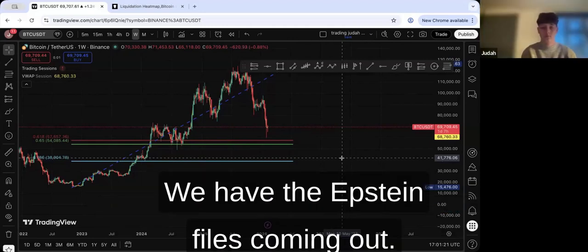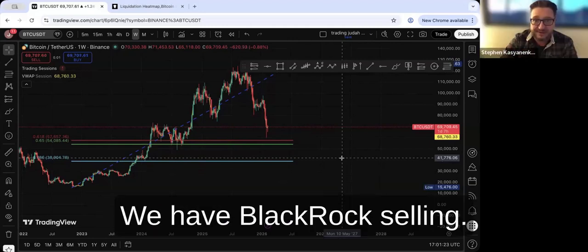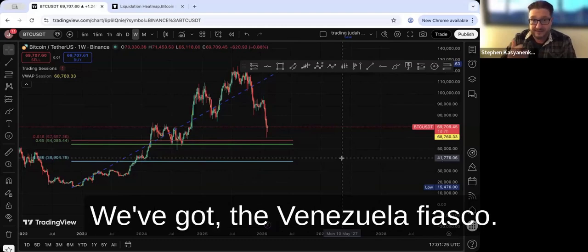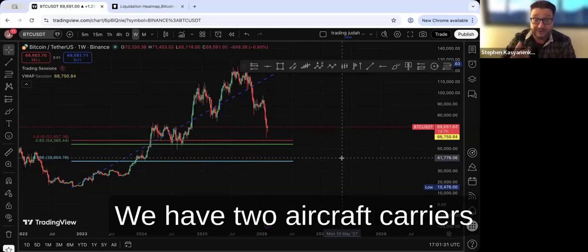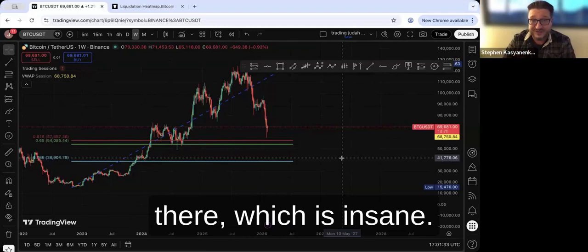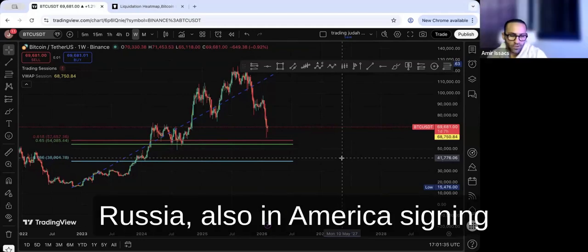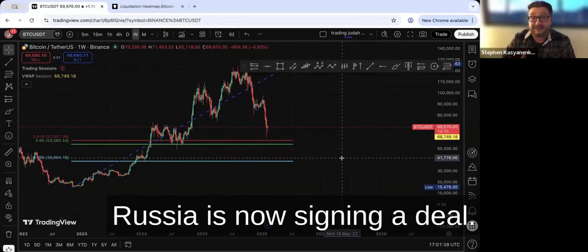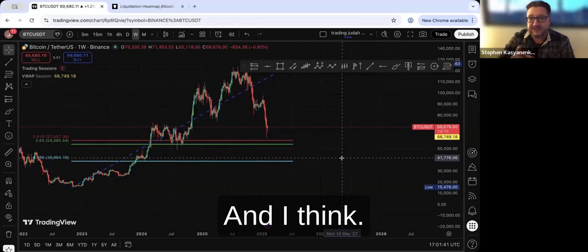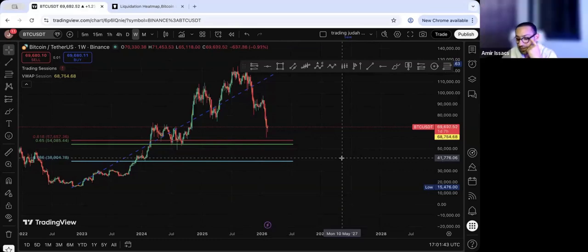Yeah. So we have the Epstein files coming out. We have BlackRock selling. We've got the Venezuela fiasco. We're about to bomb Iran. We have 2 aircraft carriers there, which is insane, right? Russia and America are also signing deals lately. Russia is now signing a deal for Cuba, and I think the deal will be